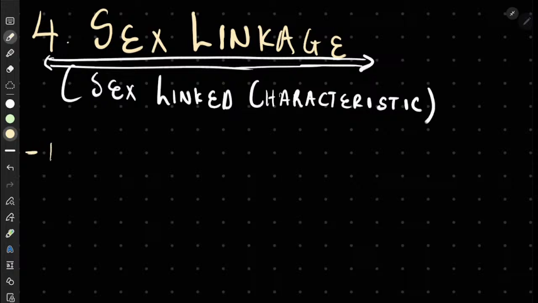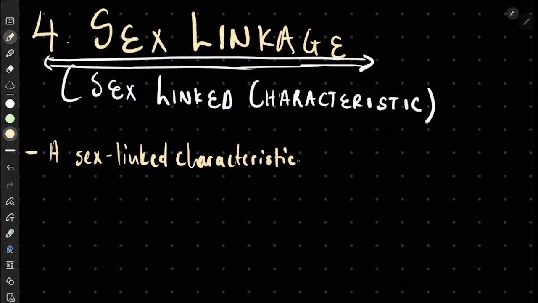Write for me this: a sex-linked characteristic. We said codominance is when both alleles are expressed in the phenotype. A sex-linked characteristic, what is this one now? What is a sex-linked characteristic? When we say we have a sex-linked characteristic, a sex-linked characteristic is a feature